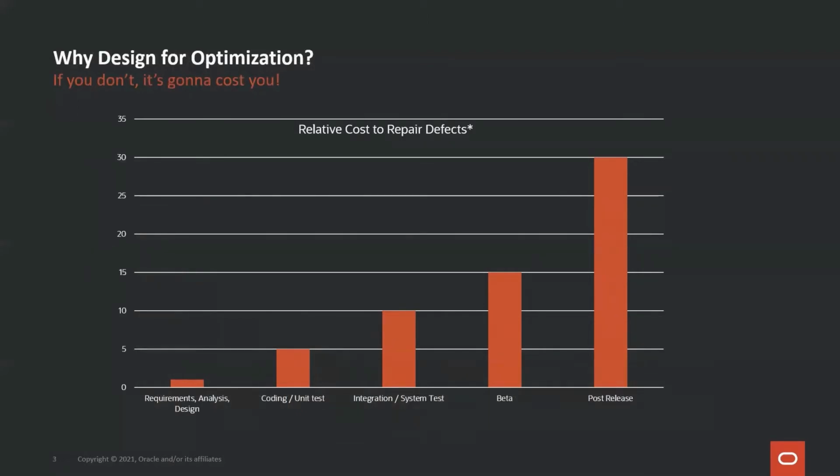We all recognize this graph, right? It's the relative cost to repair at different stages of a system's lifecycle. We know that it's exponentially more difficult and more expensive to fix problems the further you get into a system lifecycle. And this holds true whether you're responsible for a single solar system, just one little microservice, or if you're responsible for a galaxy like an entire department's microservices, or if you're responsible for the entire universe of all systems spanning your enterprise. The only difference is whether or not the cost of the repair is on the order of thousands, tens of thousands, millions, or tens of millions of dollars.